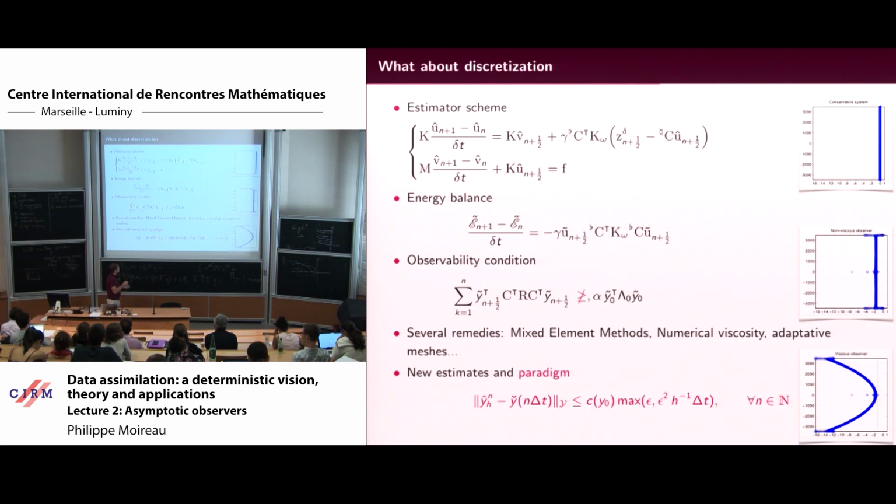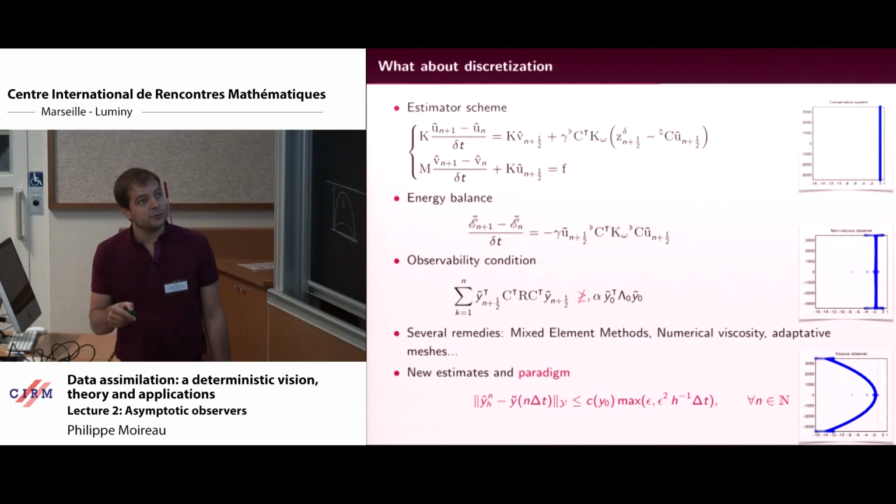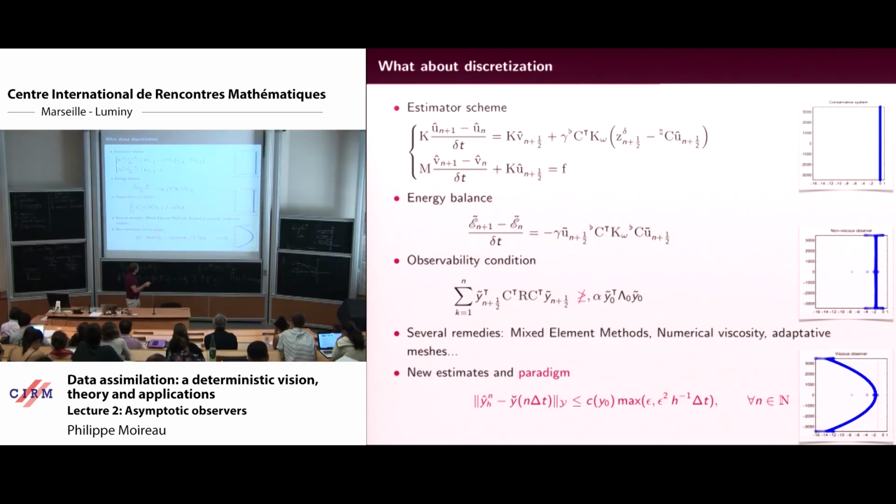For that, there is a way where you can use the finite mixed element method in order to retrieve something. We use numerical viscosity to avoid that. And there are people who also do mesh adaptation, changing the mesh in order to not have this type of frequency. Basically, on the discrete level, you try to curve the spectrum like this with a little bit of viscosity in order to not have this high frequency that pollutes your estimation.